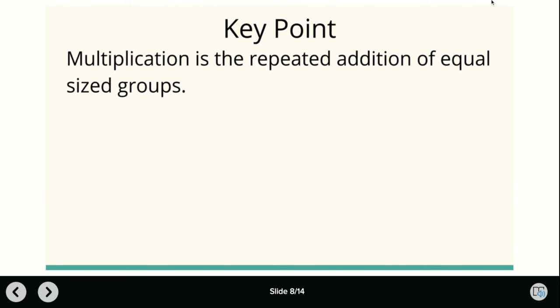And another thing is our key points. So the key point is multiplication is the repeated addition of equal sized